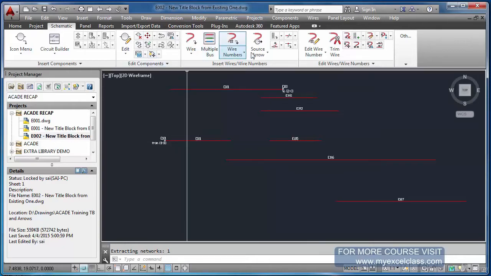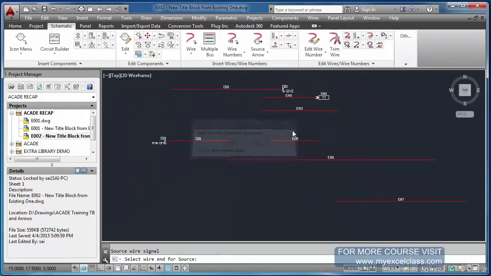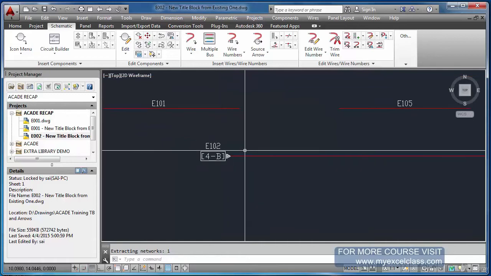Now again I am putting a source arrow here. This time I am putting 1 and P. Now the style I am choosing is 2. Let this be my second. See, now the style has changed.